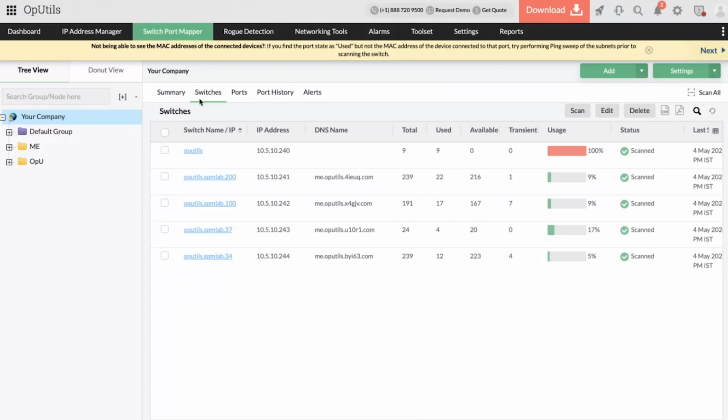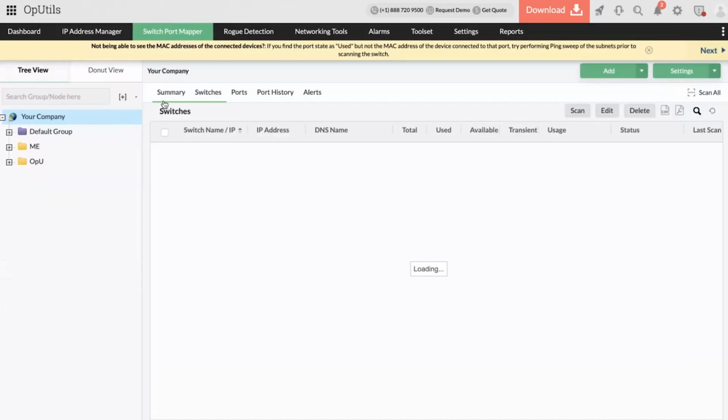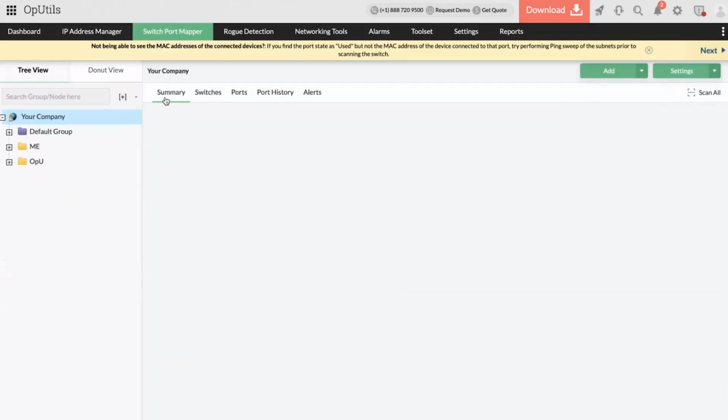So first, let's look at the switch port views. Just like with the IP address manager, you also have the tree view and the donut view here. And then you also have a summary tab first. So let's look at that. So the summary tab gives you